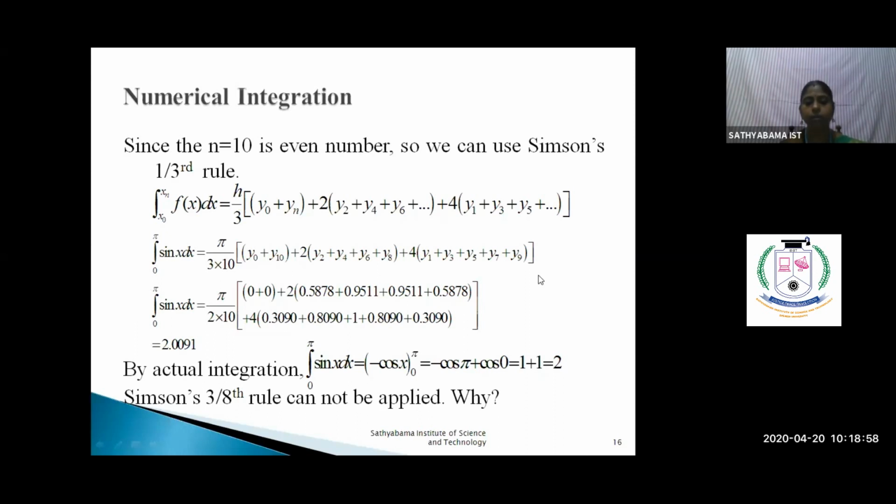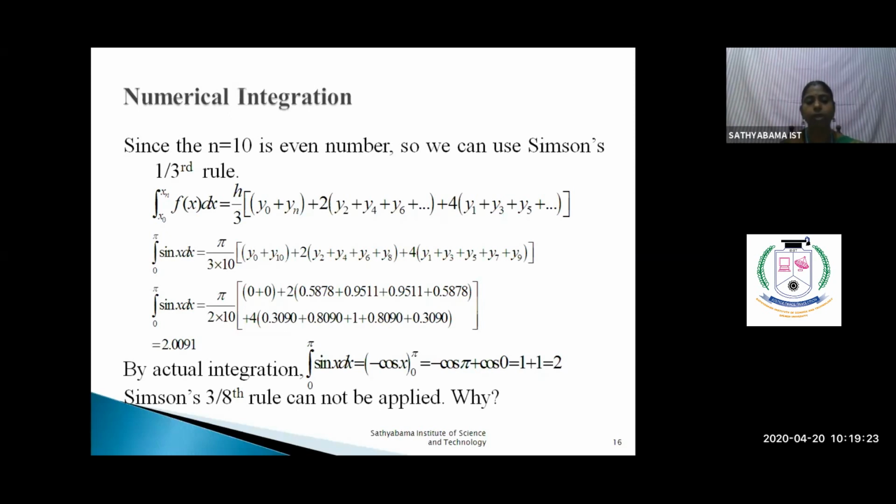So minus cos pi plus cos 0, it is minus of -1. So it becomes plus, and minus 1 minus cos pi plus minus cos 0. That's the actual rule. But already you have one minus sign, so minus of minus becomes plus cos 0. That's why you are getting 1 plus 1, which is equal to 2.